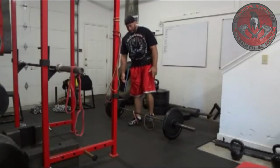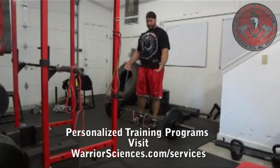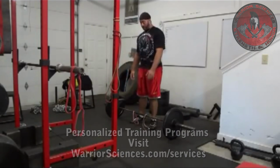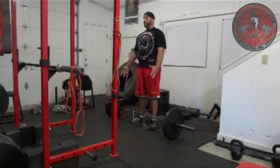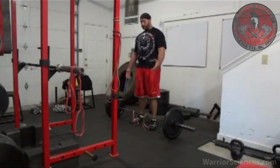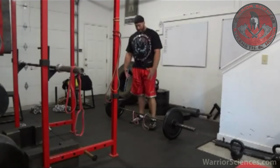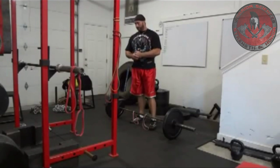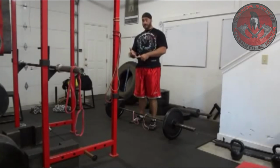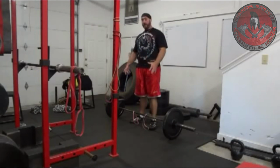As far as using them in a program, this is best discussed at length. However, you do not want to use bands all the time or more than a couple of times in a 3-week period unless you've been training for a very long time. These accumulate a lot of overall fatigue, central nervous system wise and muscular wise, and your entire body structure really. So this is something to be used sparingly